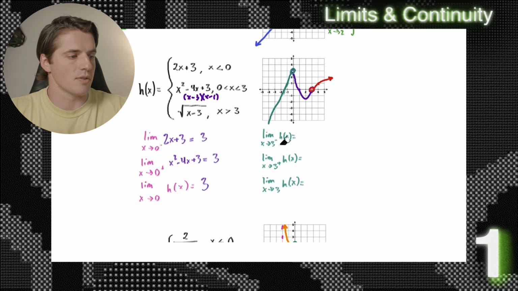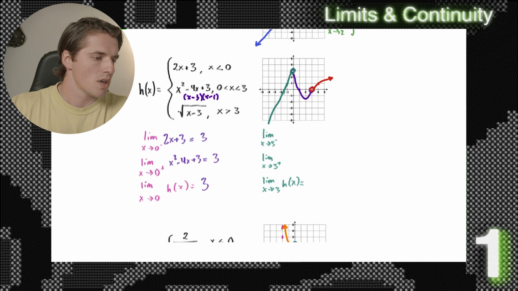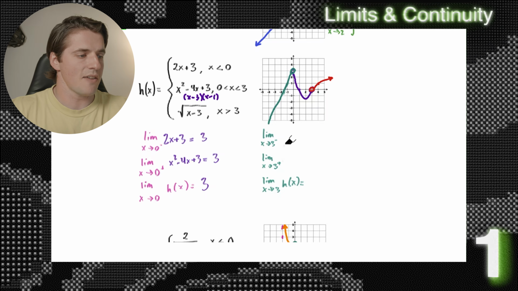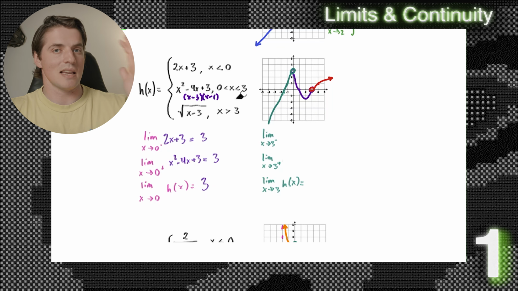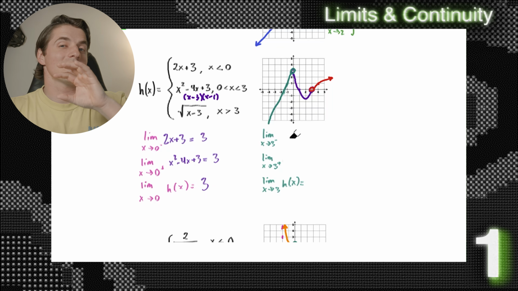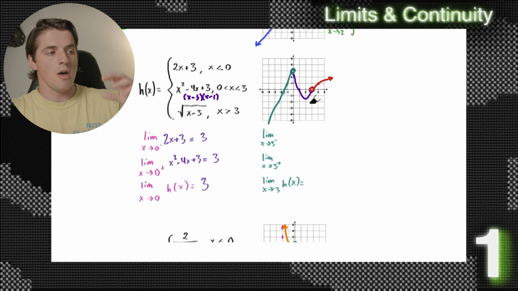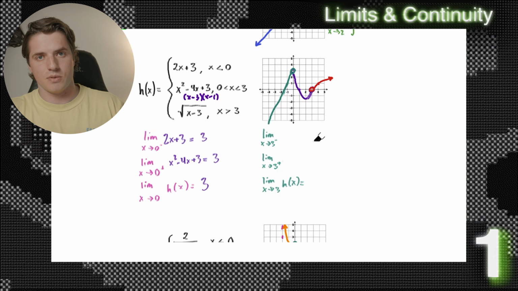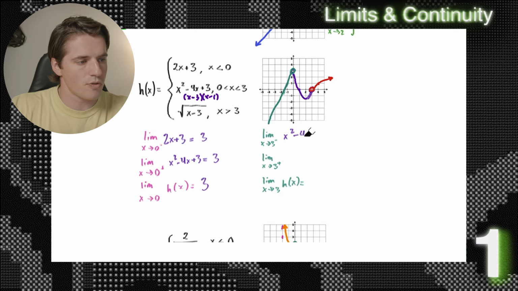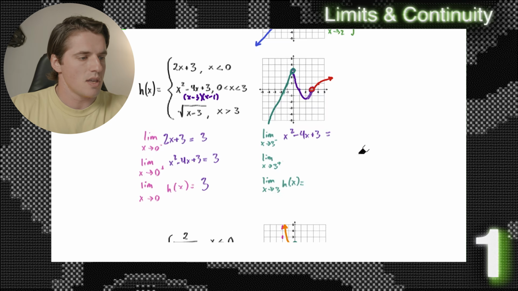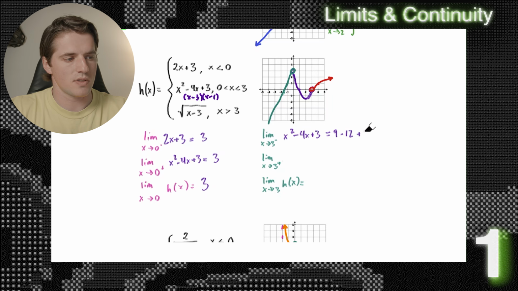We'll look at as x goes to 3 from the left of h of x, and I'm going to erase again. As x goes to 3 from the left, we're going to be using the second function because that's when x is just less than 3. Yes, when x is less than 0, we're going to use 2x plus 3, but we're just looking right around 3. That's why we're going to use the second function. So x squared minus 4x plus 3 equals, if we plug in 3, we have 9 minus 12 plus 3